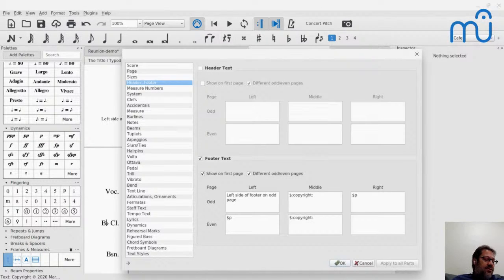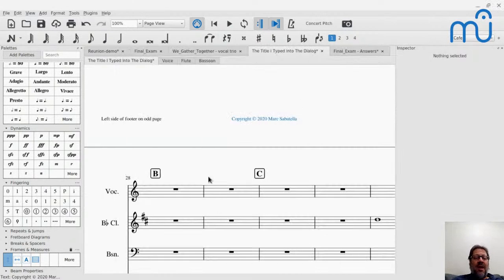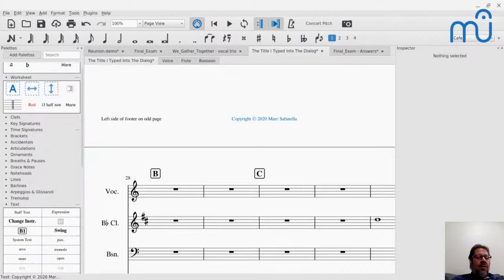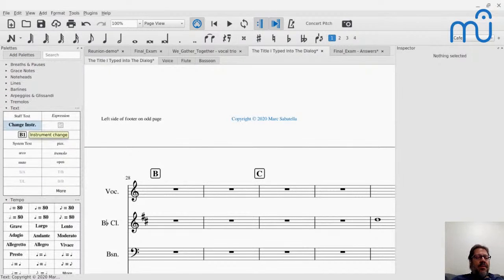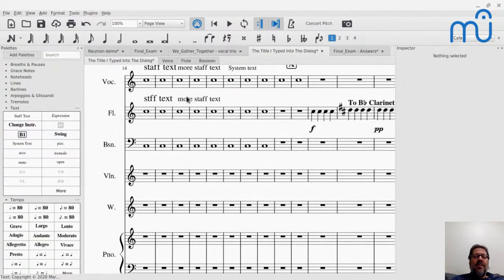So thanks, Nibbler, for answering the question about the elision symbol. That might be exactly what you mean, or maybe you want the brace. So that special characters palette has lots and lots of stuff in it, right? By the way, elision characters, I think, are now going to be on the text palette. No, they're not. I actually sometimes don't remember.